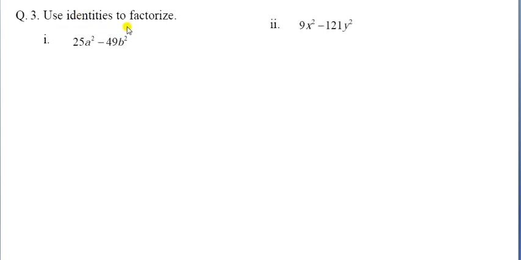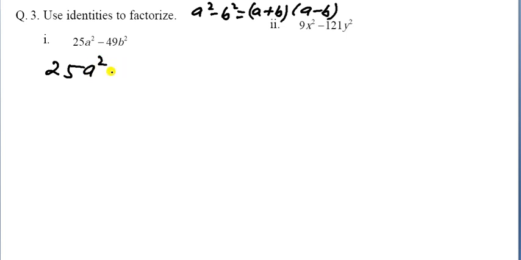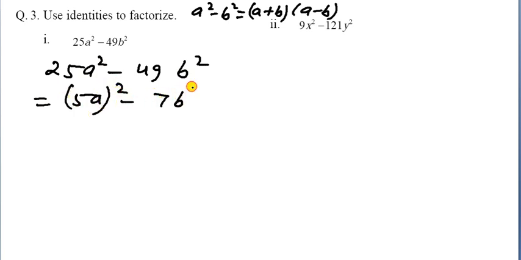So that is using the identity to factorize this one. So how can we factorize this one? So let us see how we can factorize this one. So use the identity of factorization. So I have used the identity. Which identity? That is a square minus b square. So the identity a square minus b square is equal to (a plus b) and (a minus b). This identity is used in all these examples. So let us see here. It is 25a square minus 49b square. Let us see. It is (5a) whole square and it is (7b) whole square.